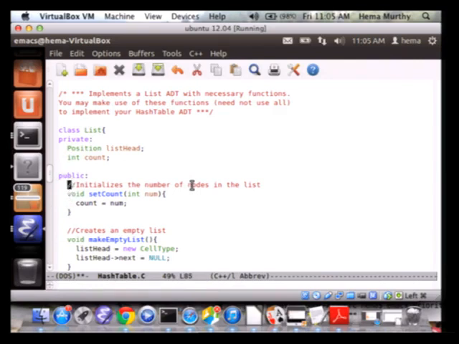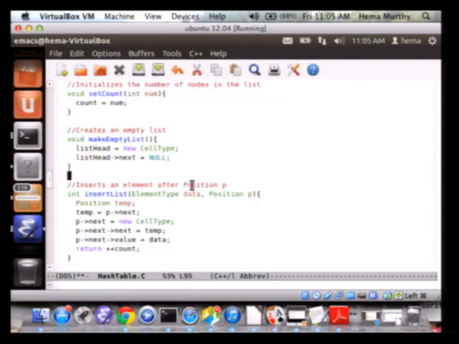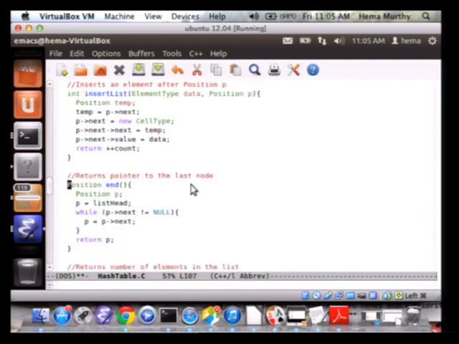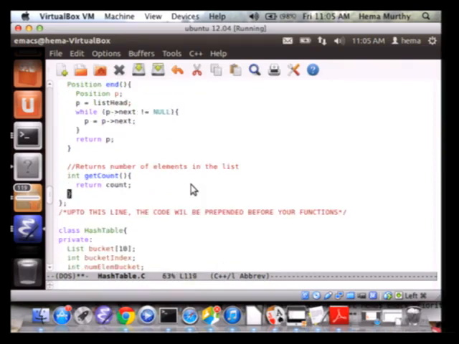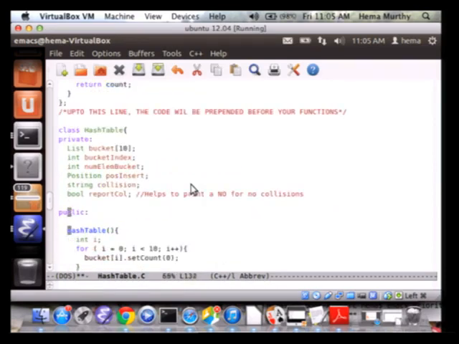Suppose count was not there, what would you do? You would write a function to count the number of elements in the list by traversing the list from the beginning to the end. Then make an empty list, which creates a null node, insert elements into the list, and find the end of the list. All of them are the same. Get count returns the number of elements in a given list.